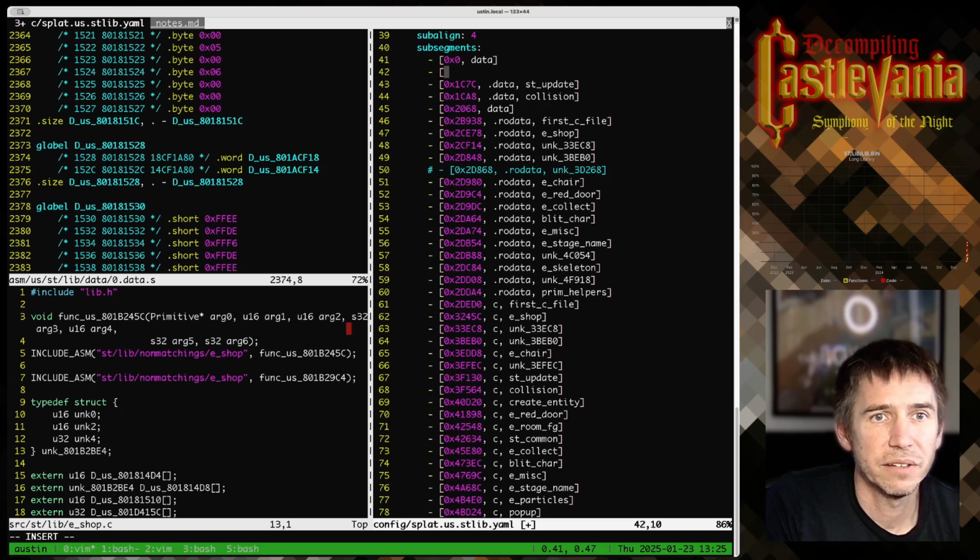So I'm going to have a split. I don't remember where the start is. We'll find that again in a second. It's going to end at 1528 though. And I'm not going to give it a name. I'm just going to call it data,